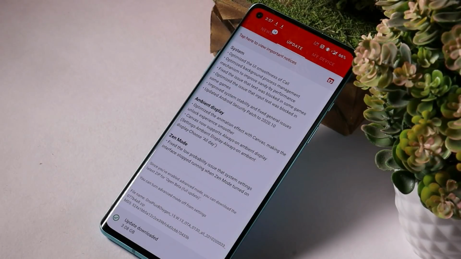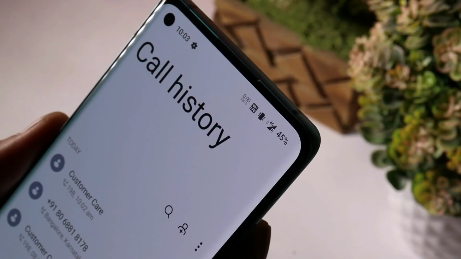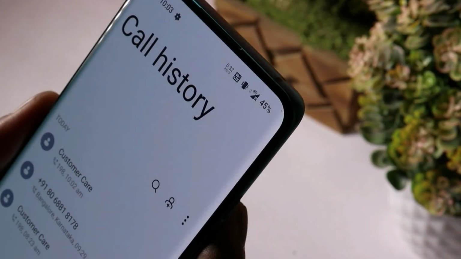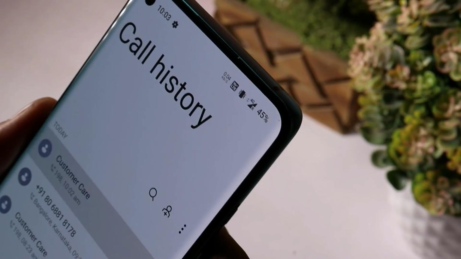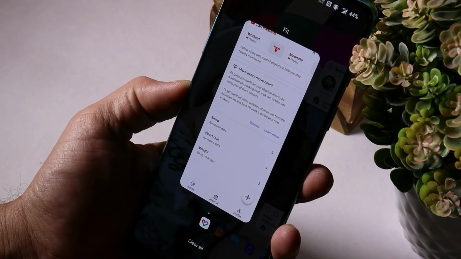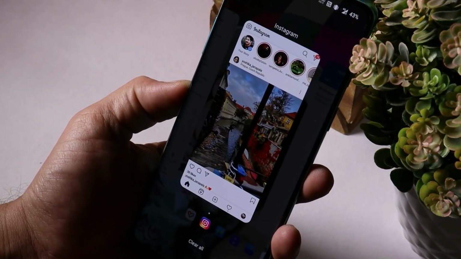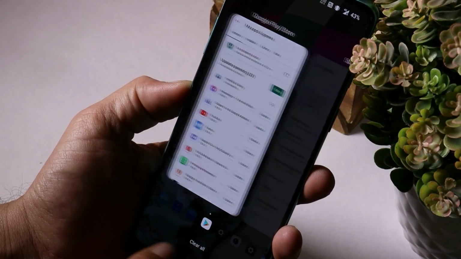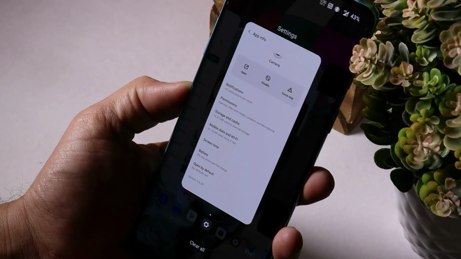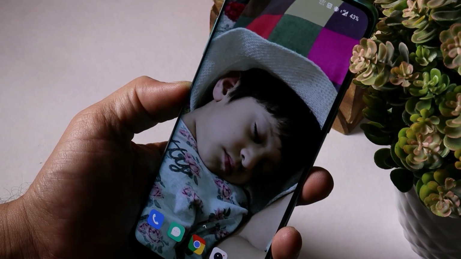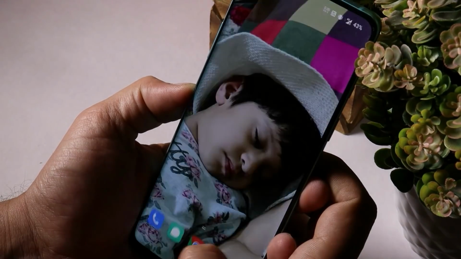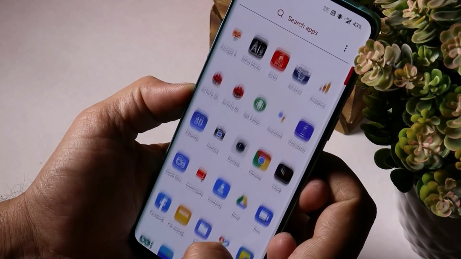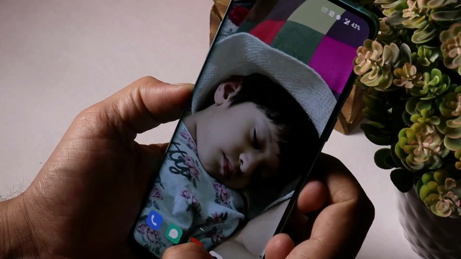Here we have a huge list of changelogs which are related to system, ambient display and Zen mode. Under system they have done a few optimizations, and now the calling UI is a little bit smoother than the previous one. Later they have optimized the background process management mechanism to improve standby performance. Along with that they have also fixed the text being blocked in some games. I've never faced such issues. If you guys have faced them, then do let me know in the comment section below. Then a few general bug fixes, and later updated the security patch to 1st October 2020.